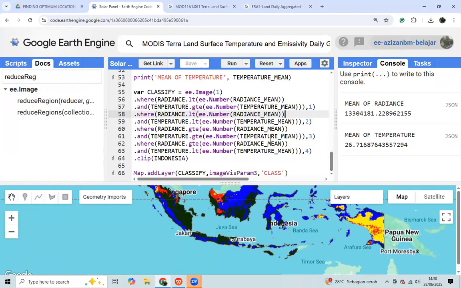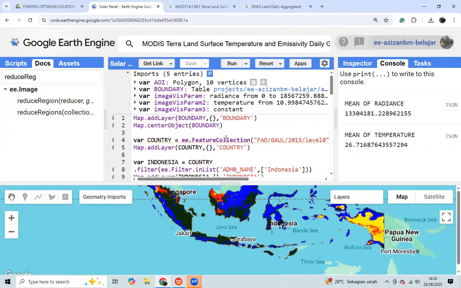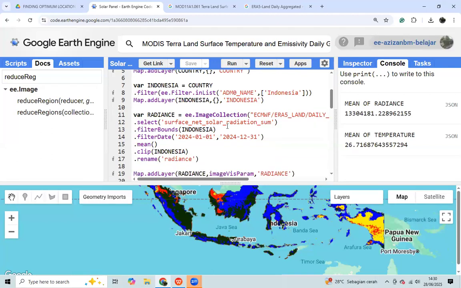Okay, to conclude the class. First, we choose the area of interest: you can draw it, or you can use the zip file, or you can use the global administrative boundary data. And then you can use the radiance data and define the mean of the radiance.